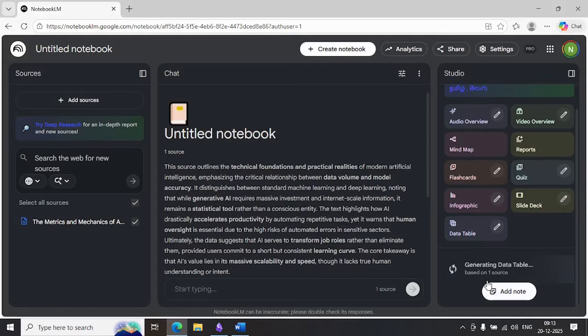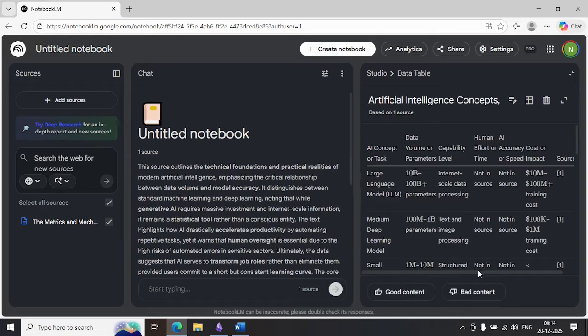See, if you see here, it says generating data tables. Okay, if you see now, the data table is available right now. It is created. All you need to do is click on it. So if you click on it, you see here, the data table is available. Okay, I'm going to expand it here. It says expand the viewer. I'm going to